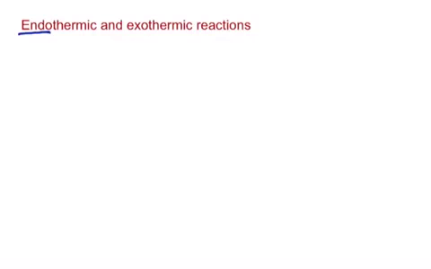Endo usually means in. Exo means out. That's where the word exit comes from. Endo means in, exo out. Thermic is to do with temperature or heat. So when you think about it, endothermic must have something to do with meaning that heat goes in, or heat energy goes into the reaction, and an exothermic reaction means that heat goes out of the reaction, or heat is